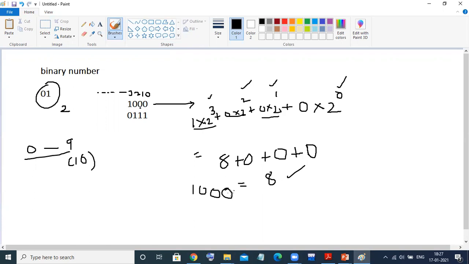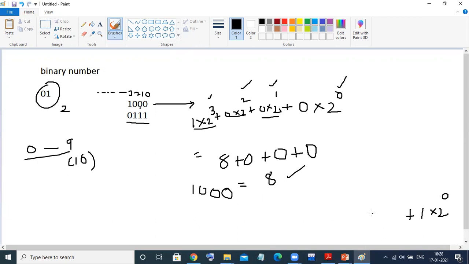If we take the next one, this number 7, how to do that? Similarly, the exact same process. First of all, we go for the rightmost digit. The rightmost digit is 1. So we calculate 1 into 2 to the power 0, plus.